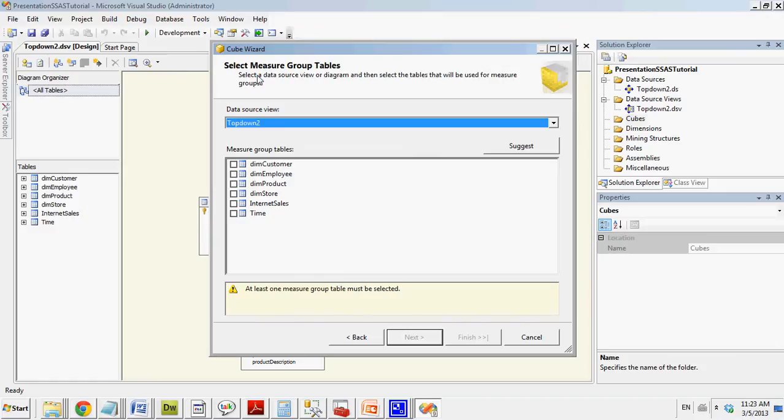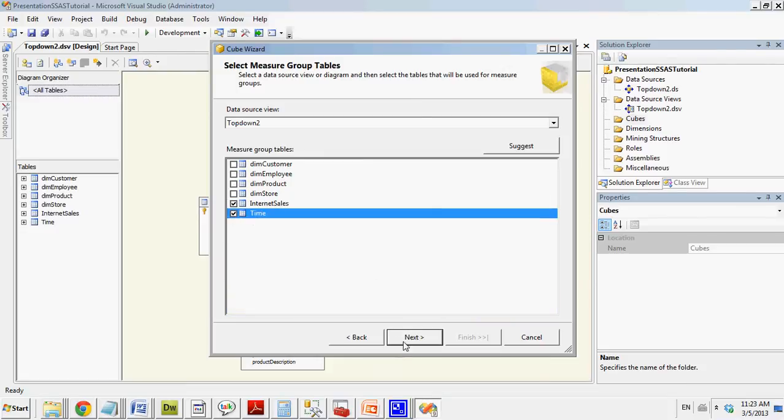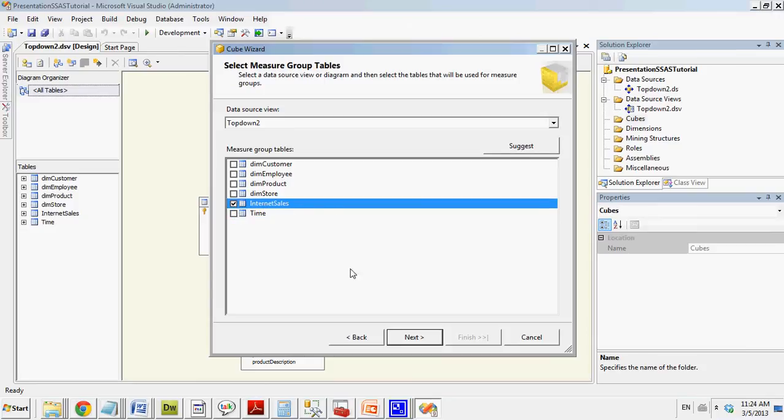As you can see here, select a data source view diagram and then select the tables that will be used for measure groups. The measure group tables are basically your fact tables. So I'm going to choose internet sales and time. Those are my fact tables. Or you could even go to suggest, and if the relations are set up right, it'll know all automatically. Time is another fact table, however it's not connected. Oh no, it's a dimensional table, so internet sales is actually my only fact table in this